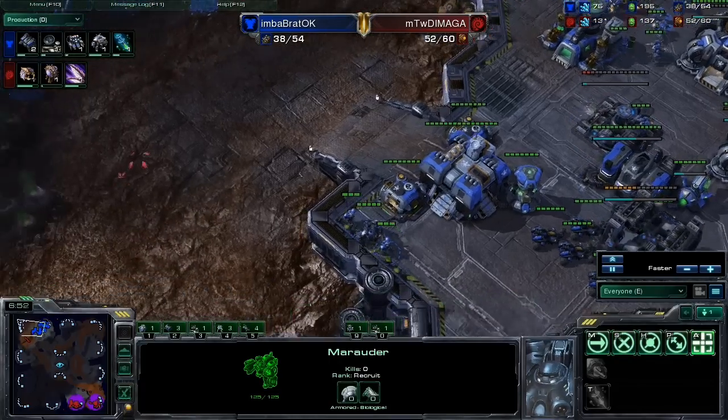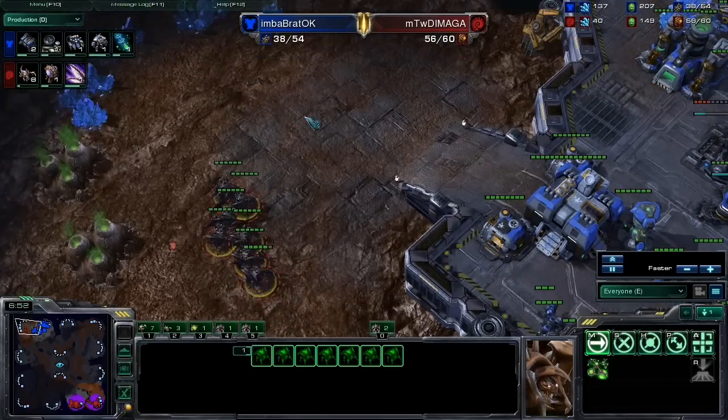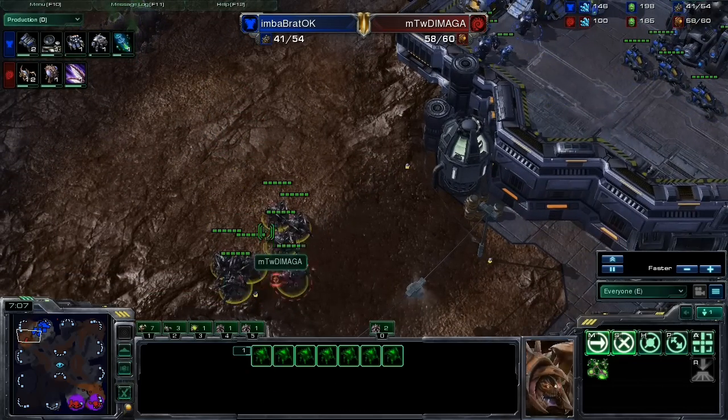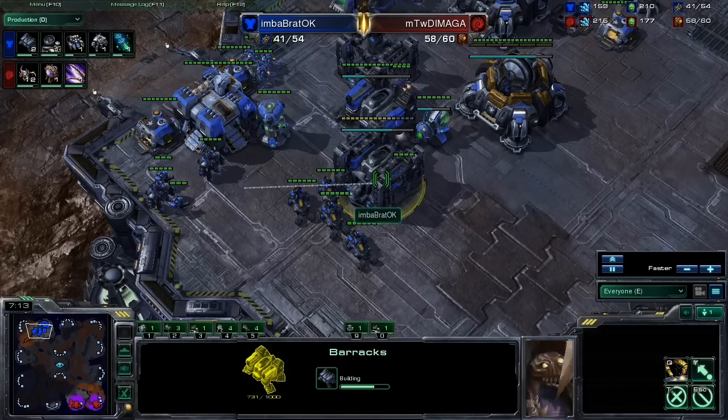Hellions, no, not really that good against those roaches. But here we go, all those roaches are gonna do some damage, but then again the first shot has been released by that marauder. War has been declared. And Dimaga, I think, is just gonna chill right now up the front because he knows that there's already marauders on the high ground,